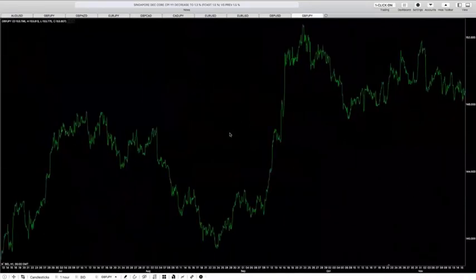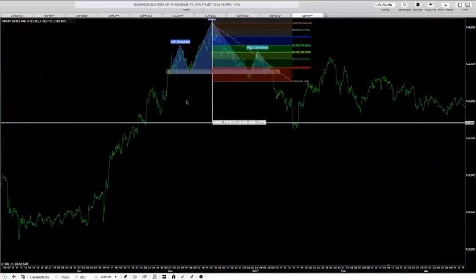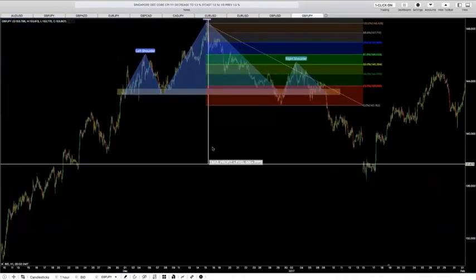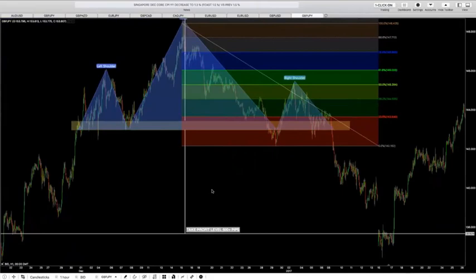Once you go down to a lower time frame, the reason you're scaling in is that the 1 hour specifically is very, very popular, and a lot of people tend to look for entry points in the 1 hour. So the market's going to give you more clues. First you would put your Fibonaccis on to find your rejection levels. Then you go into the 1 hour and start looking for candlestick patterns, because the market is going to give you more clues. You want to find reversal candlestick patterns so you can get into the trade. This is going to give you your next sign to get into the trade.